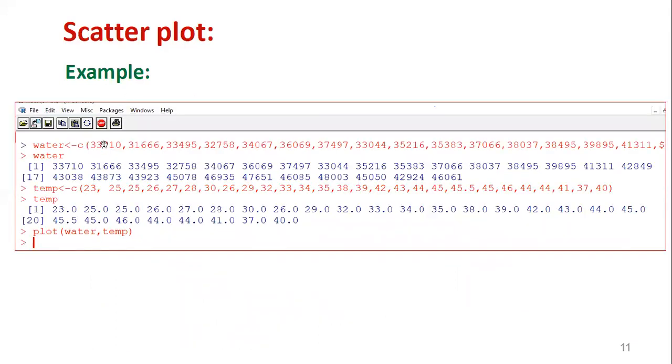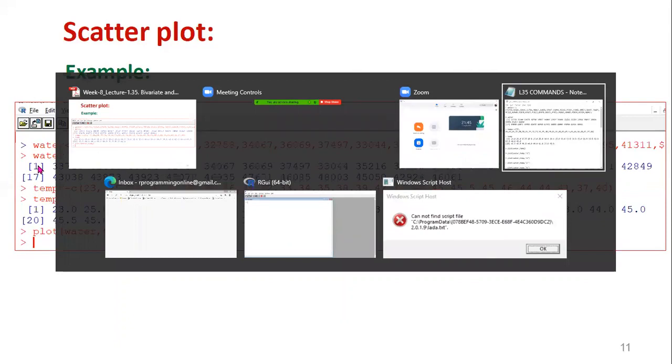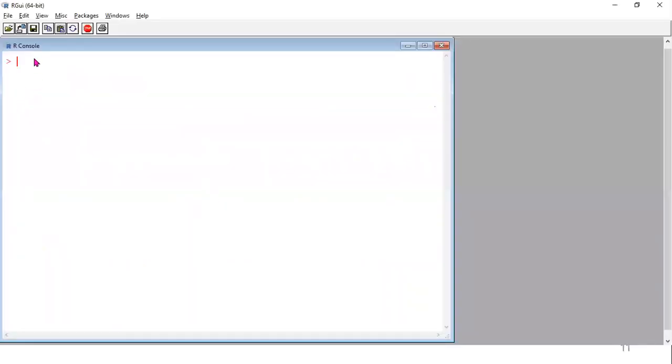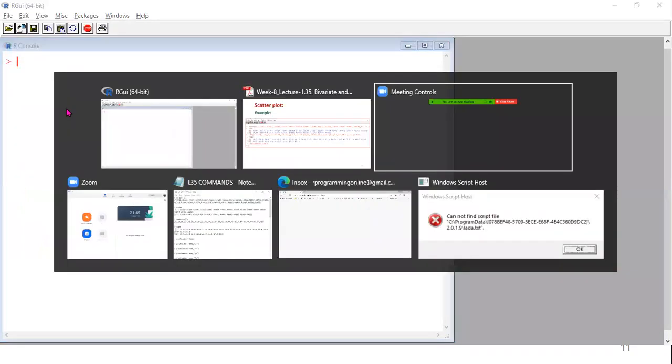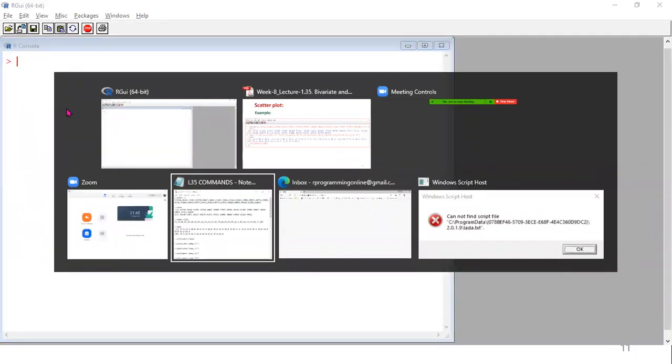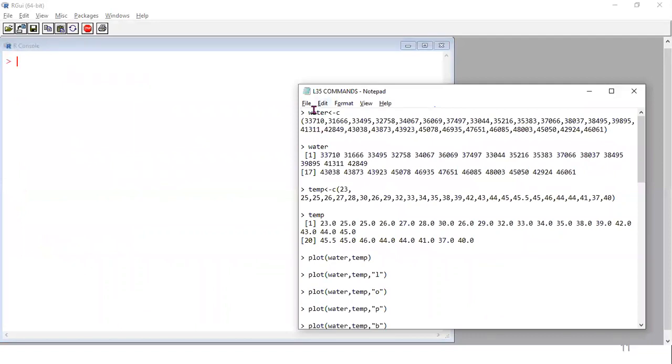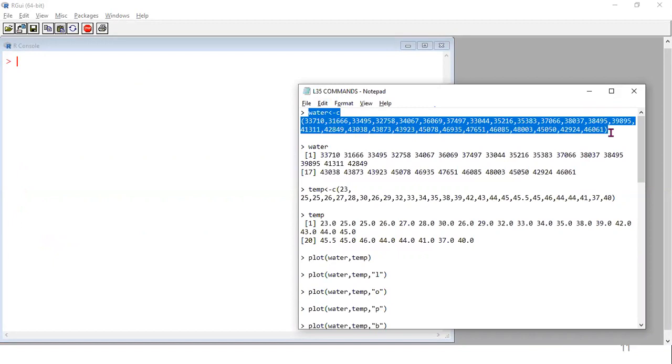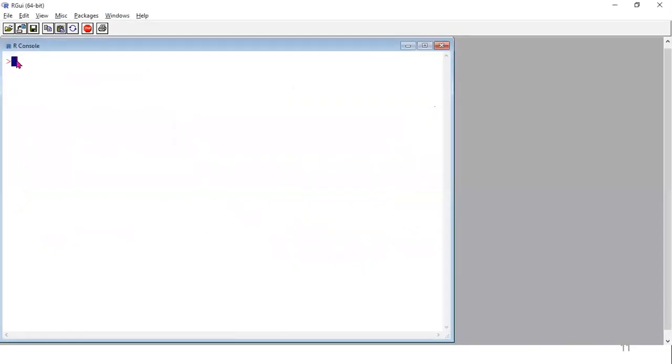Now let us create these two vectors, then you can plot them later. First, open our software. Now let us create the two vectors. Here I have stored the commands already, so you also first copy the commands at the beginning of the demonstration.